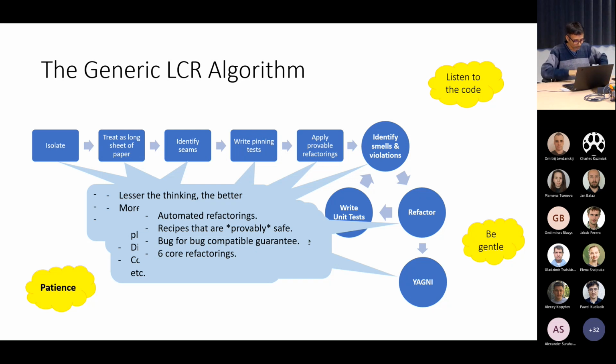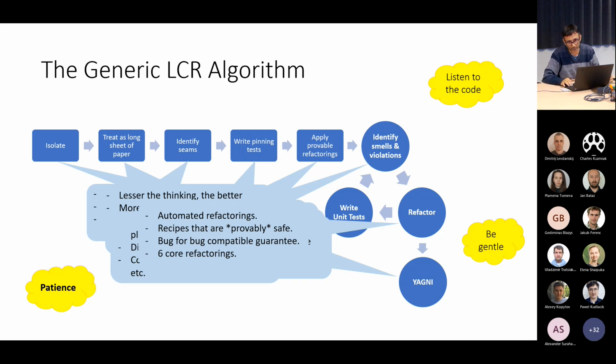Now, pinning tests are essentially just pinning down the behavior of the code. They are not full-fledged unit tests yet. They're not even unit tests, they're just pinning tests. Why are they important? Once you have the pinning tests, you can assume that the externally observable behavior of the system is not changing. If no matter what changes you make in the code, your pinning tests don't change, then by definition the observable behavior of your block of code has not changed. Is that logic clear?